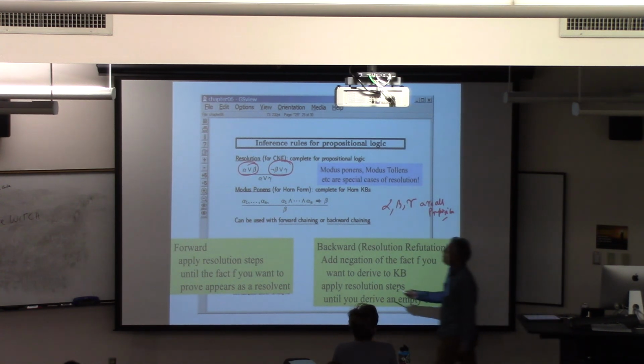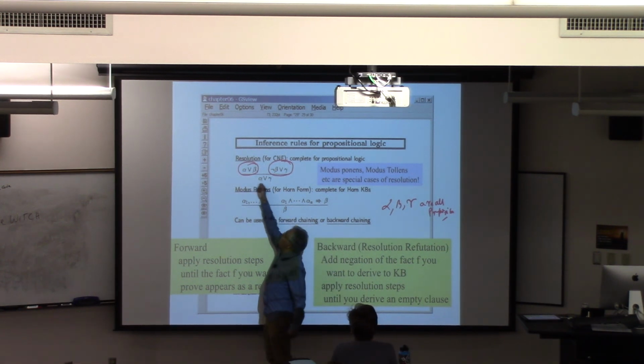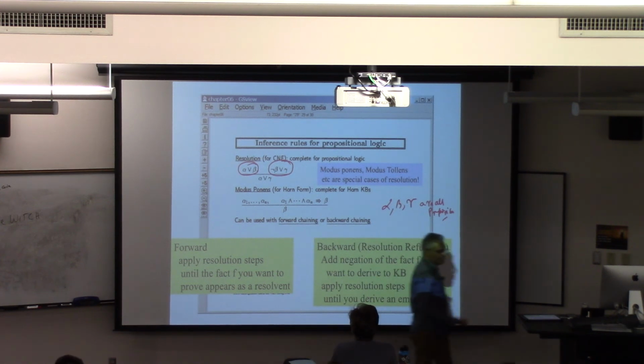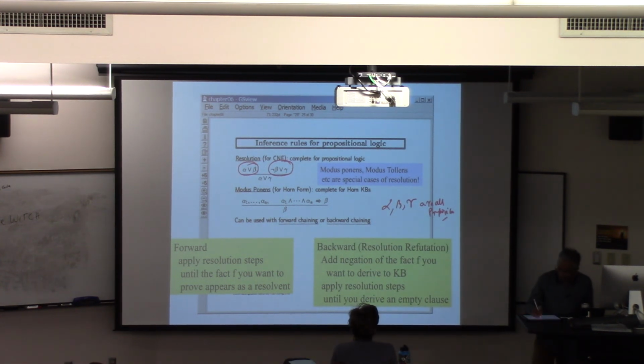That means you are only allowing sentences in this form, where each of the sentences in your knowledge base have to be what are called disjunctive clauses. A clause